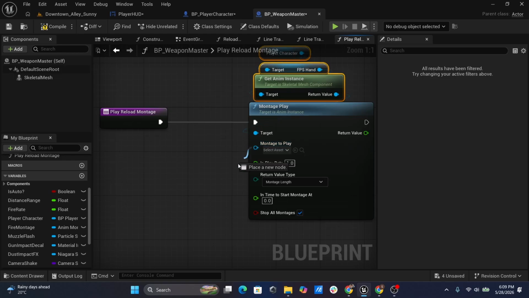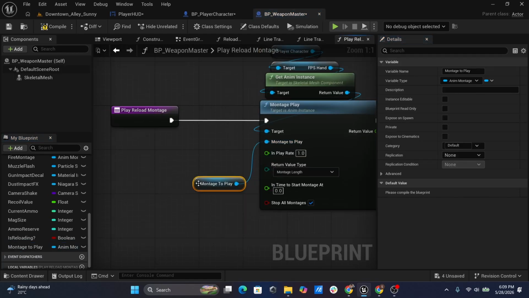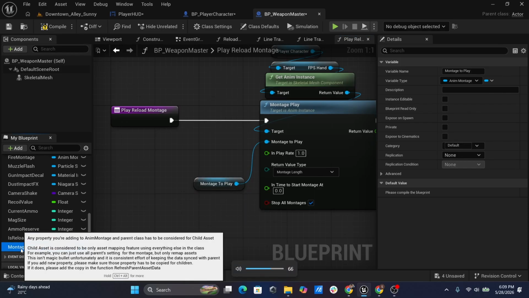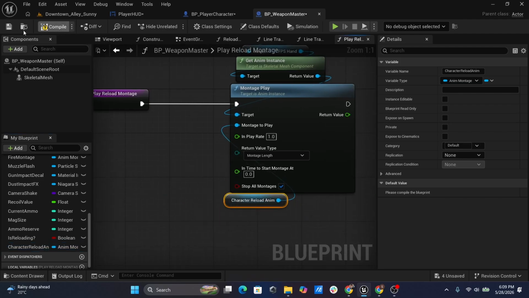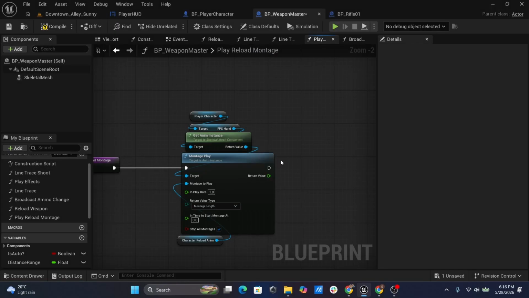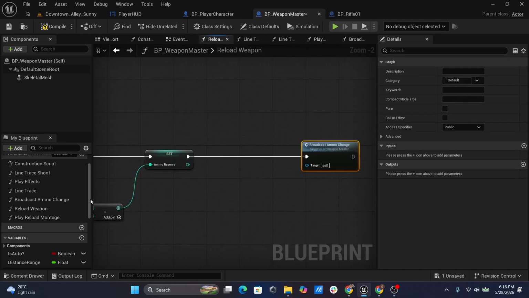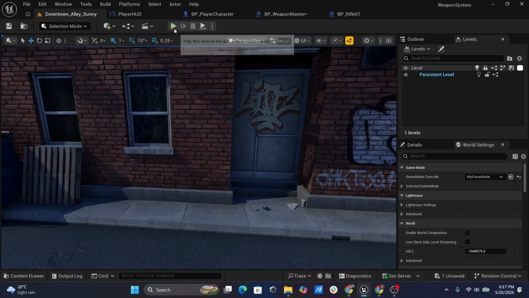And I would like to promote it to variable because we might have different reload animation with different gun. So I'm going to rename it to character mont reload anim. All right, once we have this montage set up, what we can do is onto our reload weapon, you can play this montage over here. So after this, it's going to play the animation,